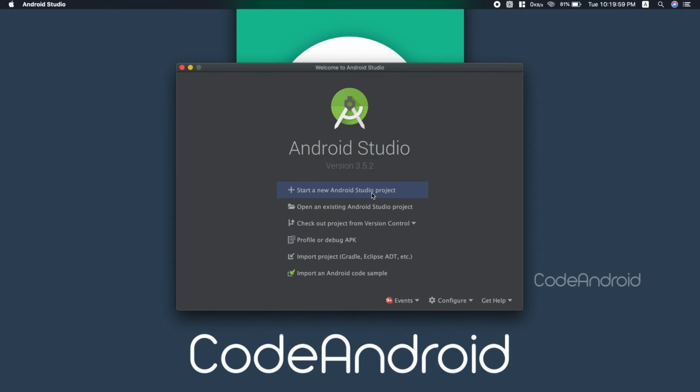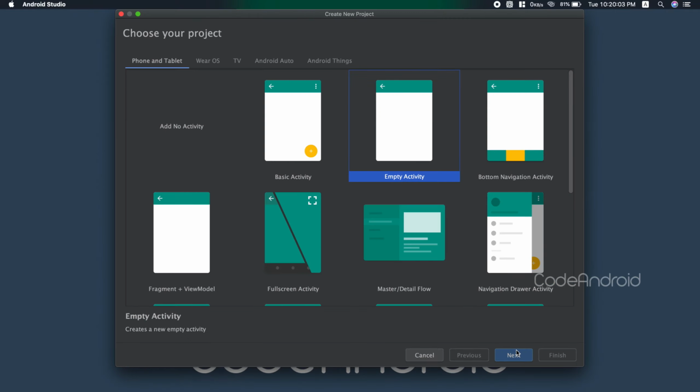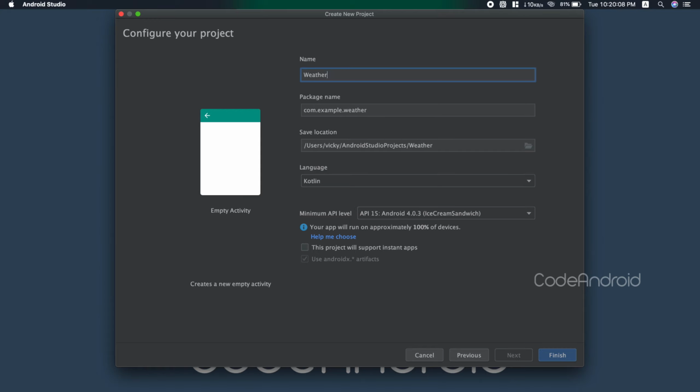To demonstrate this, I am creating a new project and naming the project as weather.